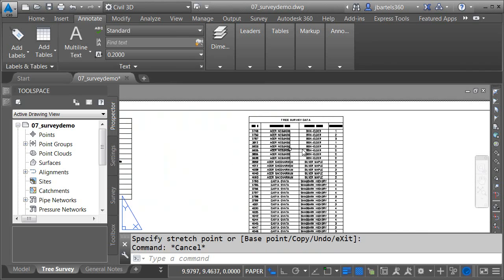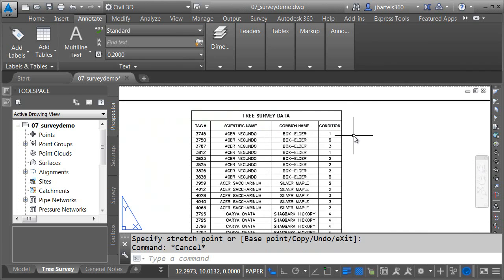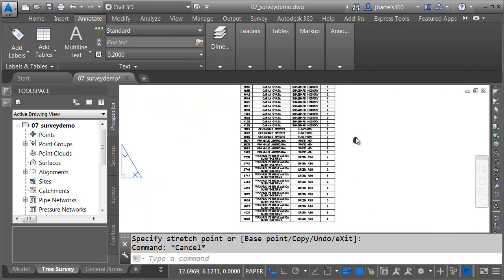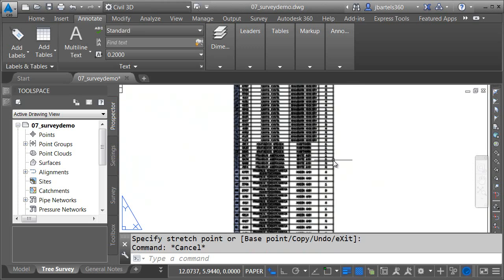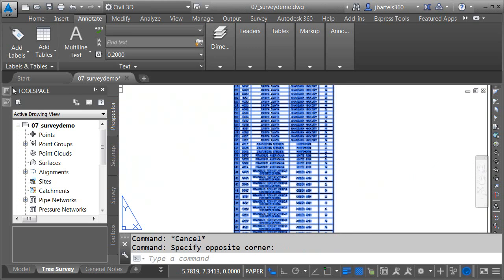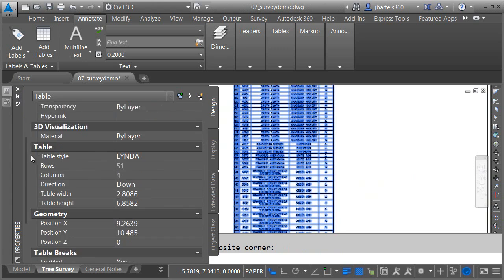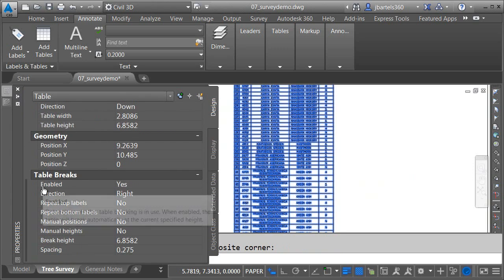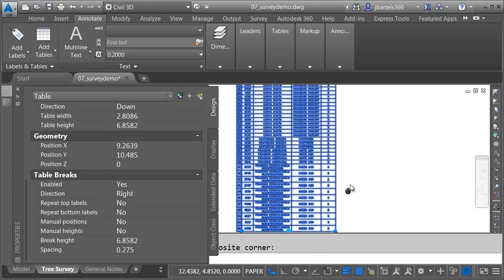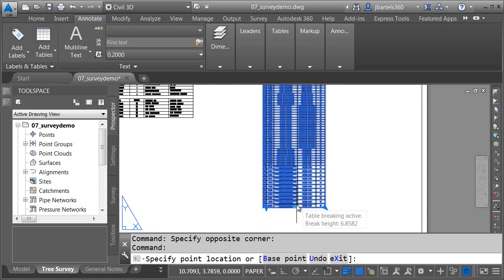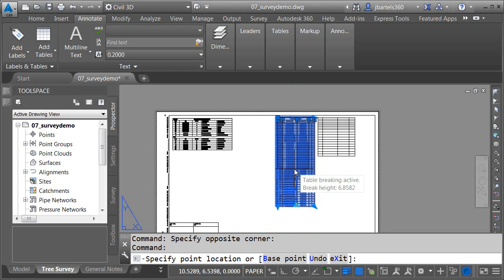Over here to the right, I have a tree survey data table. This was created in Civil 3D. Now, I'd like to export this out. Before I do, I just want to show you a couple other things. When I select the table, if I go over to my properties, you can see that table breaks is enabled. Remember how we did columns with our text. If I click this grip at the bottom, I can push this up and create a second column for this